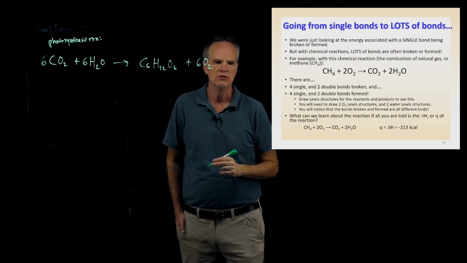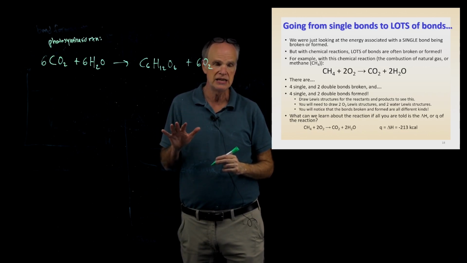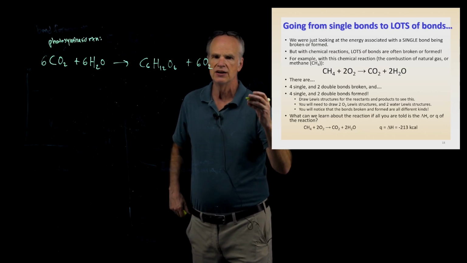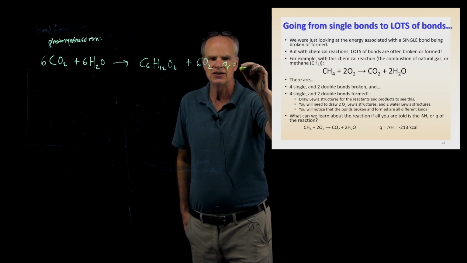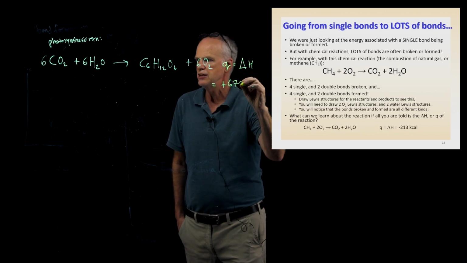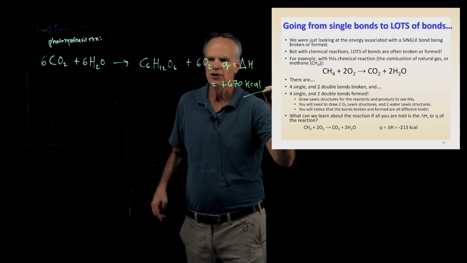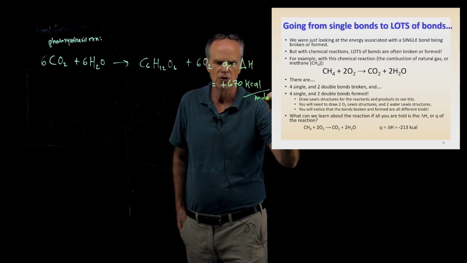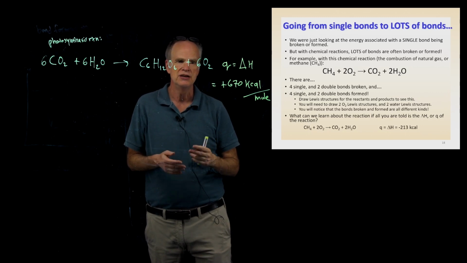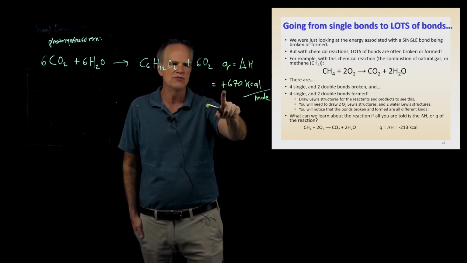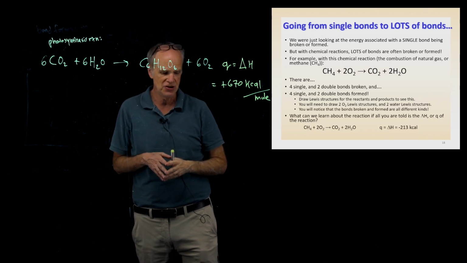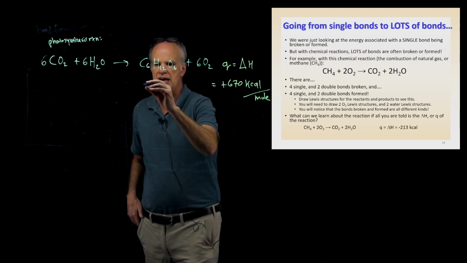Now, what you can do is you can measure the heat absorbed or the change of enthalpy of this reaction. And so when you do that, what you find is this. The heat absorbed or the change of enthalpy of the reaction is equal to plus 670 kilocalories per mole, 1 mole of glucose formed. Okay, so what I want you to pay attention to is the fact that here the value of heat has a positive sign and the change of enthalpy has the same sign. It is positive, and so that tells you immediately that this is an endothermic reaction,